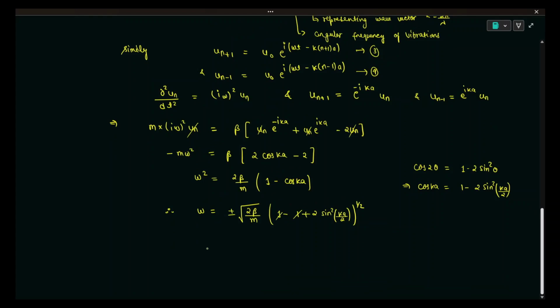So this 1 and 1 cancel out, so what you will get is omega equal to plus minus under root of 4 beta divided by m, and then sine ka by 2. So this is the dispersion relation for a 1D